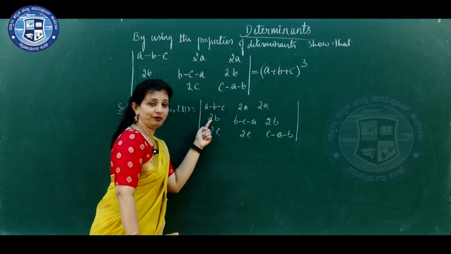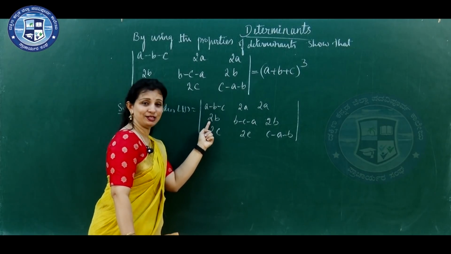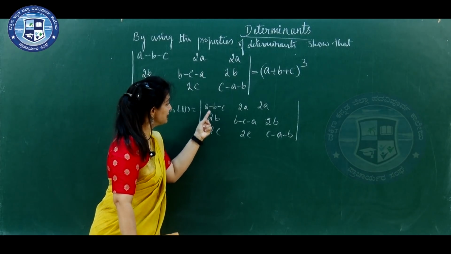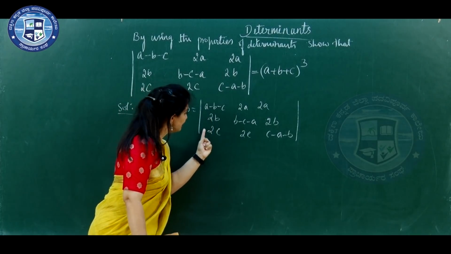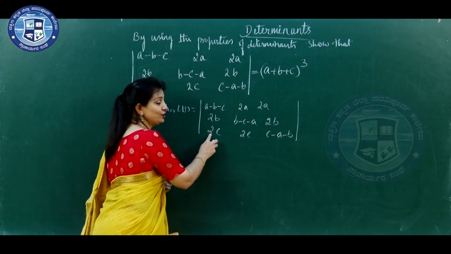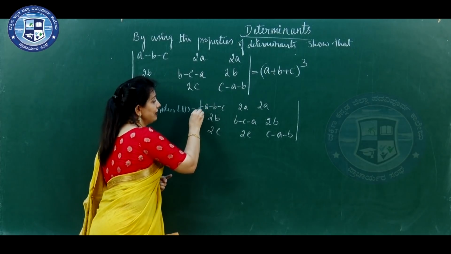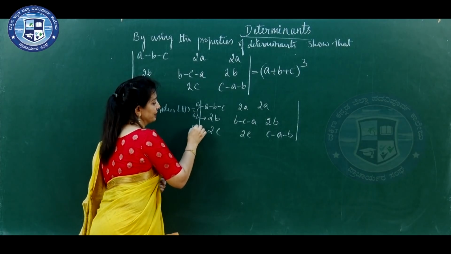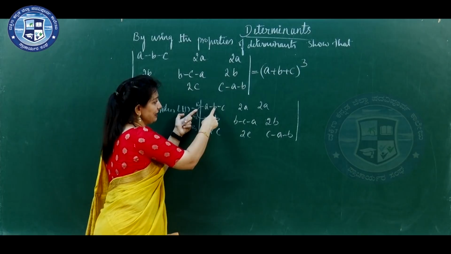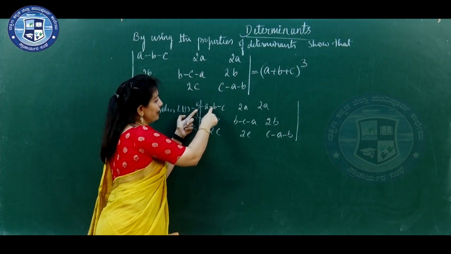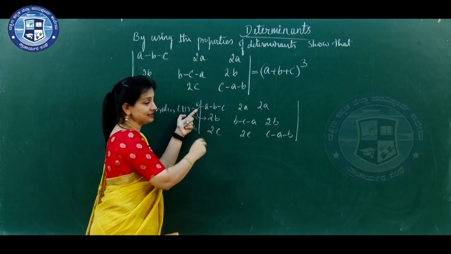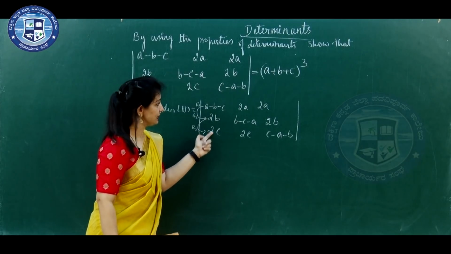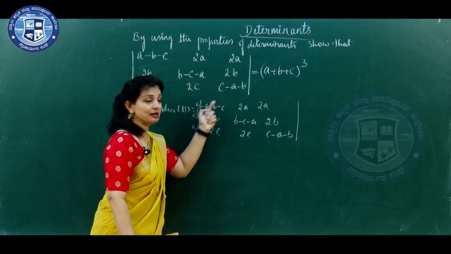If you add 2B to it, A plus B plus C plus 2B, how much is that? Minus B plus 2B is plus B. Then add the next element also, that is 2C, that is R1 plus R2. This is R1, first row, second row, third row. So first add R1 and R2, that is B, A minus B minus C plus 2B. Minus B plus 2B is plus B. Then add the third row elements also. So, 2C plus 2C minus 1C is plus C.